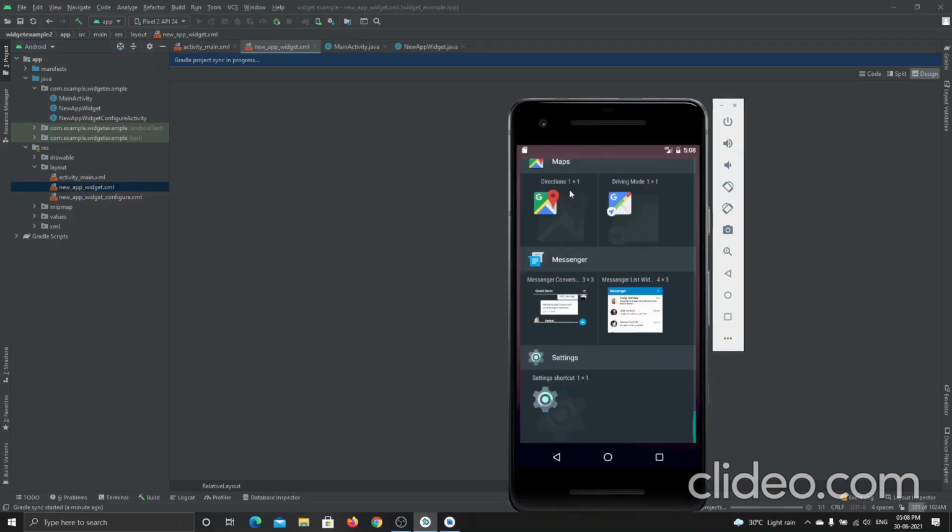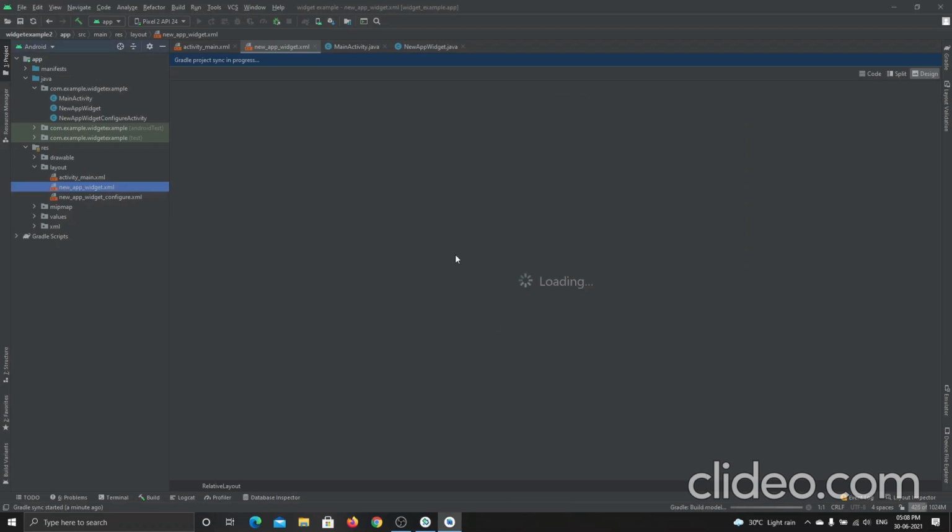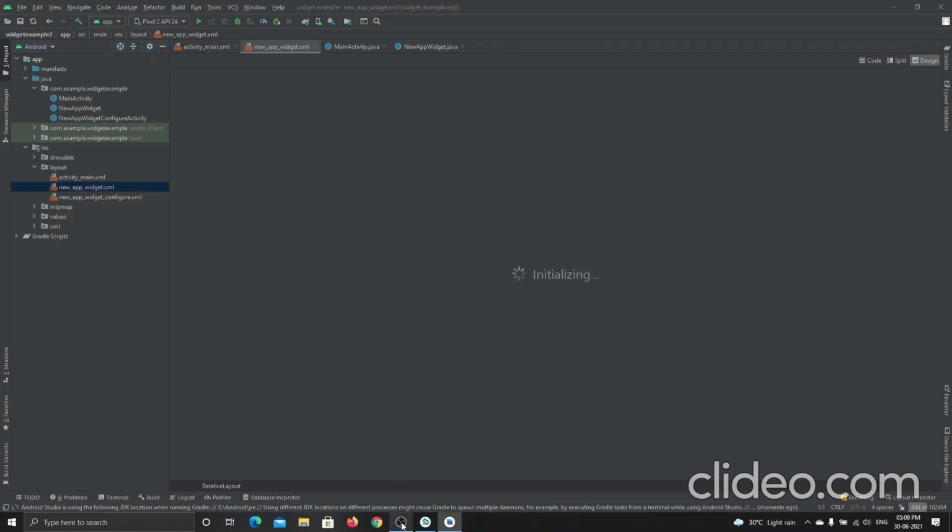Okay, how much screen layout I want to use, all those things will be specified in this XML. Okay, widget.xml, and this widget configure means it is just the configuration of these widgets. Let me hold for a second because it's loading, syncing the Gradle. See, now it's initializing. It has been created now. Okay.